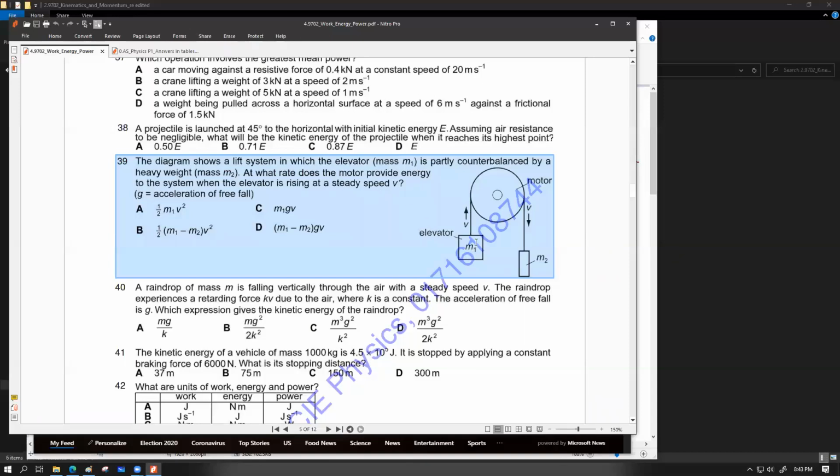So heavier now? M1 heavier now? Isn't M1 heavier than M2? হ্যাঁ, সরি, আমি কোশ্চেনটা পড়ি নাই, my bad. Yes, কোশ্চেনটা একটু ভালো করে খেয়াল করো সবাই।